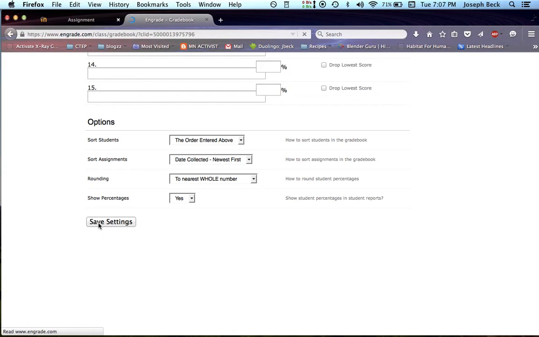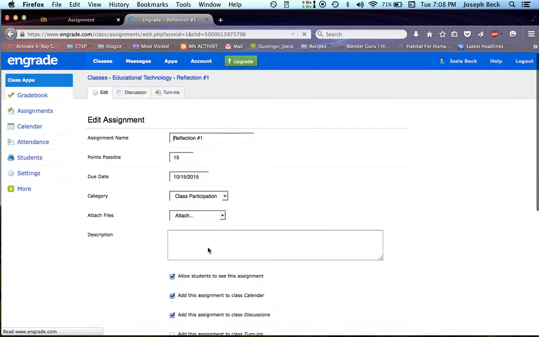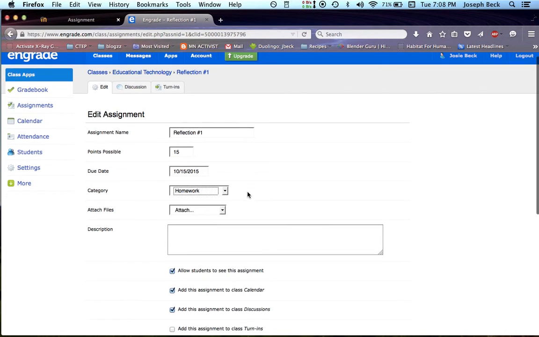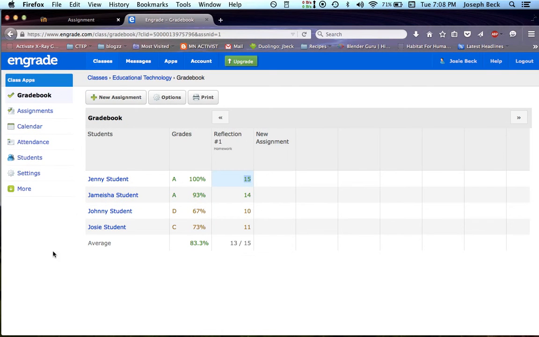Save settings. And now I have my grade book so that when I look at this assignment, I can say which type of grade it is. This is class participation, or let's say it's homework. So it's homework, so now it's weighted a little bit differently. It's weighted less. And this makes a difference, and it really helps when I'm adding up things, because on my